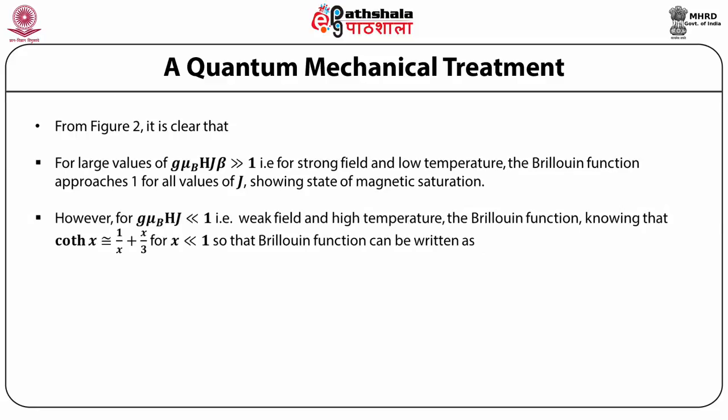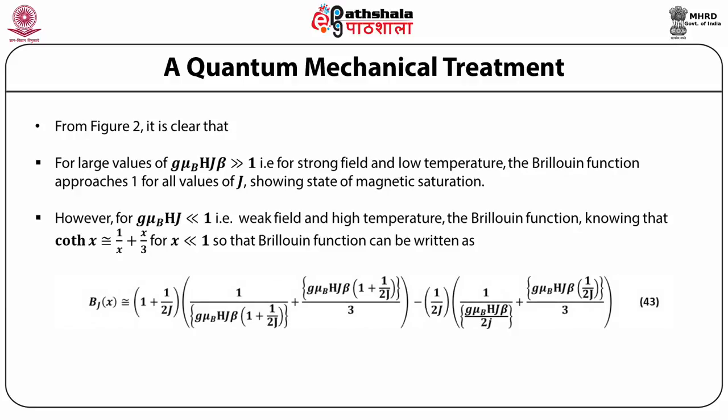However, for g mu_B H J beta very much less than 1, that is weak field and high temperature, the Brillouin function, knowing that coth x is approximately equal to 1/x + x/3 for x very much less than 1, can be written as B_J(x) approximately equal to [1 + 1/2J] multiplied by 1/(g mu_B H J beta) multiplied by [1 + 1/2J + g mu_B H J beta] multiplied by [1 + 1/2J] divided by 3, minus 1/2J multiplied by 1/(g mu_B H J beta) divided by [2J + g mu_B H J beta] multiplied by 1/2J divided by 3,